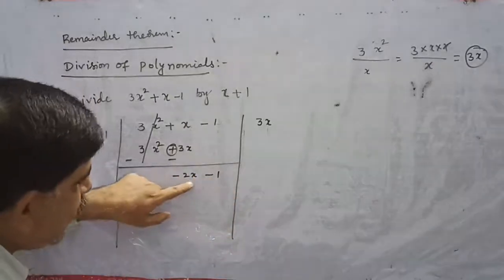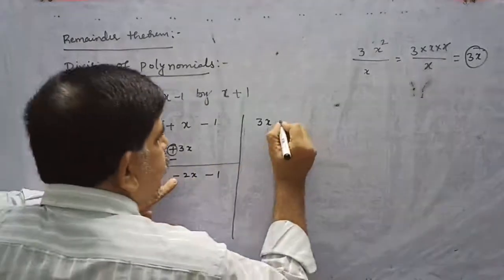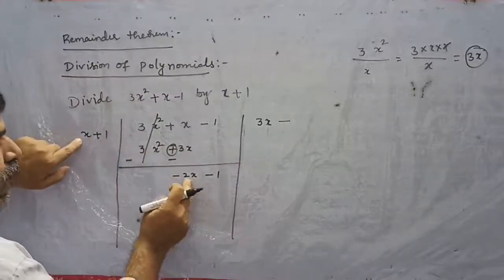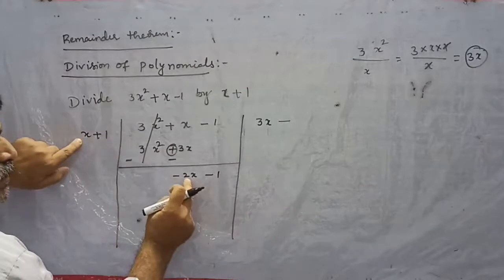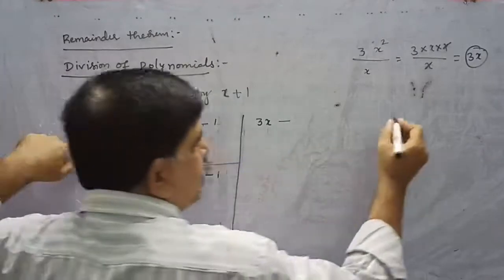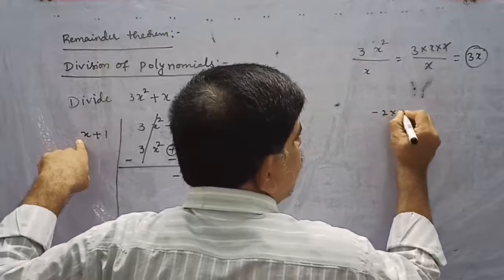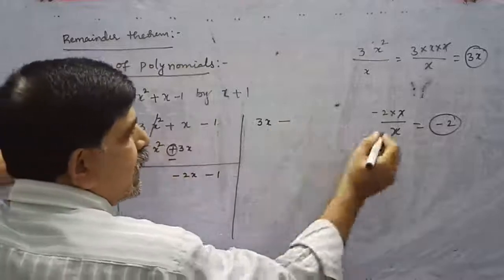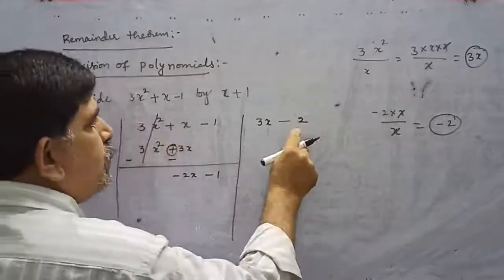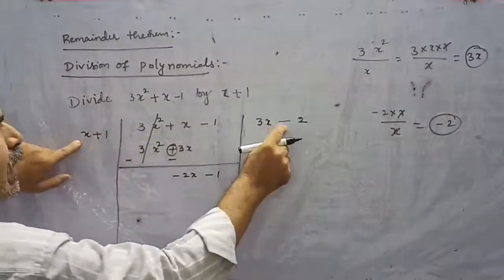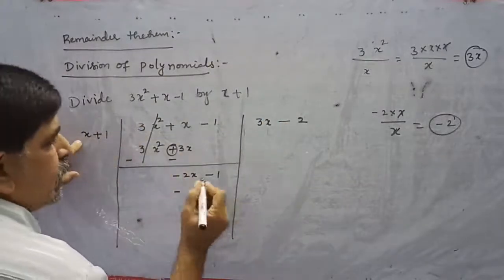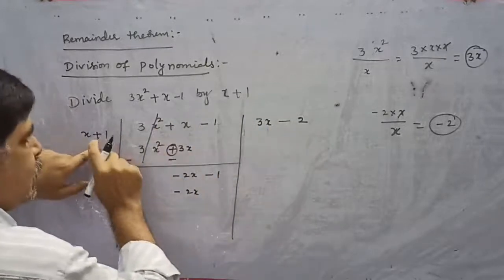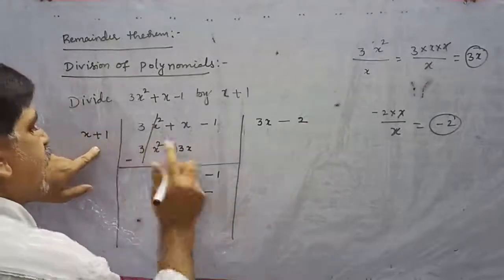Now what is the symbol here for 2x? Minus. So you write this minus here and 2x by x. You divide this by the divisor. So first term minus 2x by x. Minus 2 into x by x. X gets cancelled, minus 2. So already we have written minus here. Now you write 2. Now minus into plus. Minus into plus. That is minus 2 into x. 2x minus into plus. Minus 2 ones are 2.